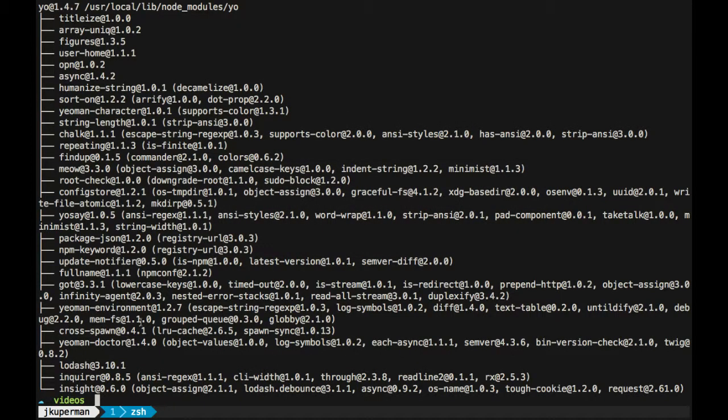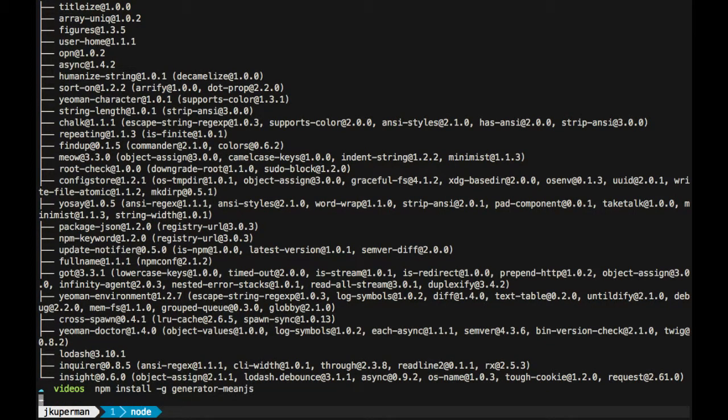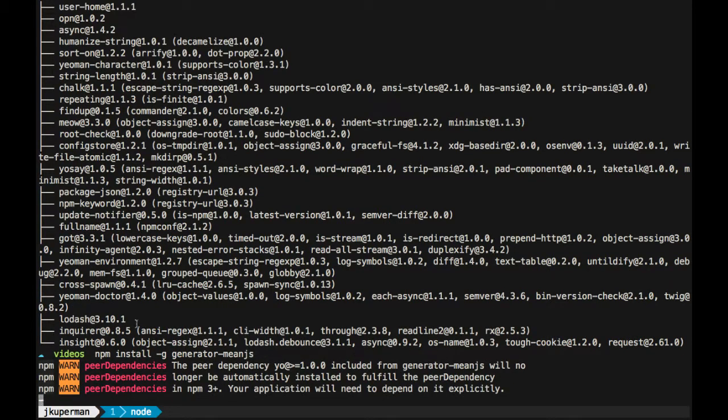Let's pop back over here. Alright, looks like Yeoman installed. So then the next thing I'm going to do is an npm install -g, and then the specific generator that I need from Yeoman, which is generator-meanjs. So that's on top of the Yo package. The Yo package allows all sorts of scaffolding, and this one is a scaffolding program specifically made for mean.js